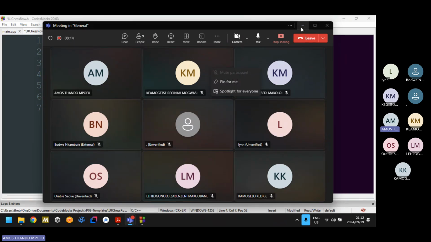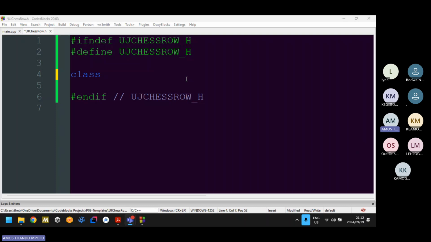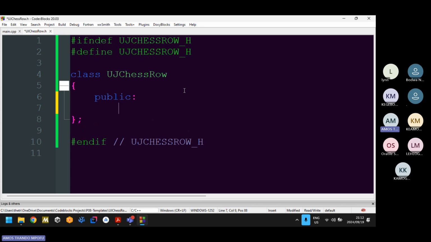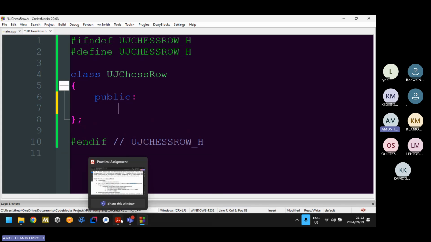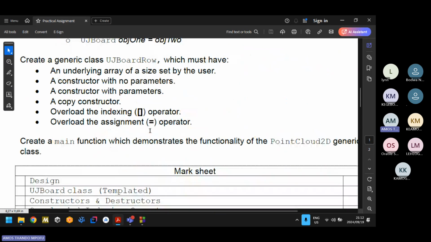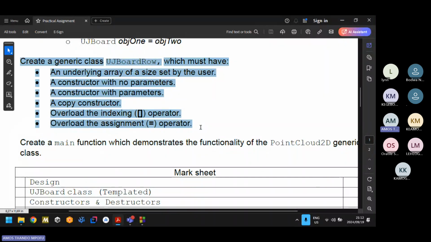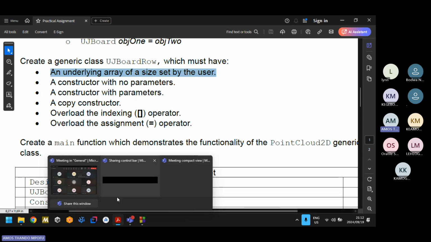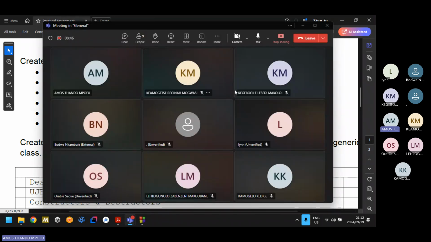So I'm gonna create the class UJ chess row. So chess row, I'm going to implement it based on the practical. So the practical, these are the things that are required in the practical. So you need an underlying array size, right? Meaning that it's how big the array is, and that will be set by the